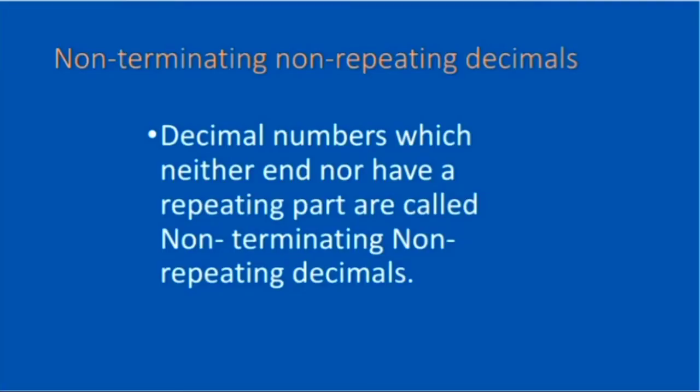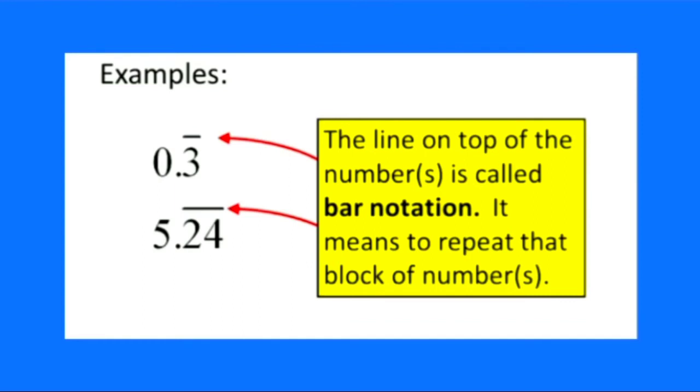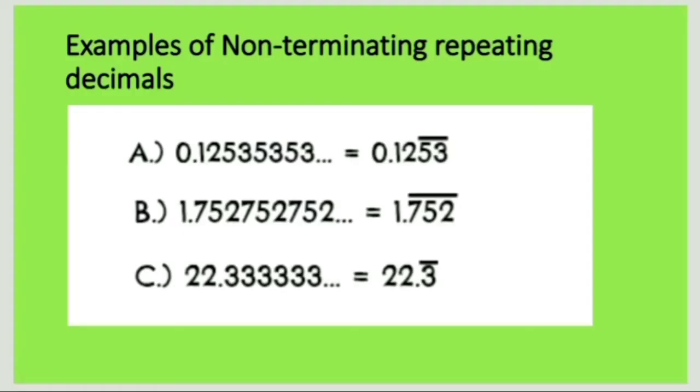If there is no repeating pattern and the division is going on without ending anywhere, then the decimals are known as non-terminating, non-recurring decimals, which you will learn in later classes in more detail. The digits repeated are shown under a bar, as you can see in this slide. The bar here indicates the number of digits which are repeated in that decimal. Here are some more examples.